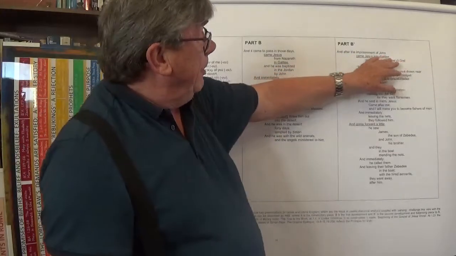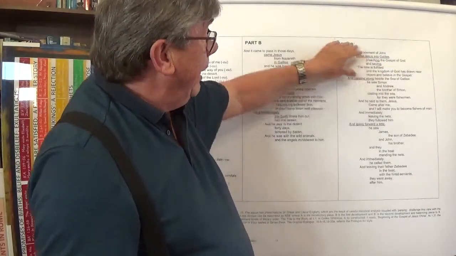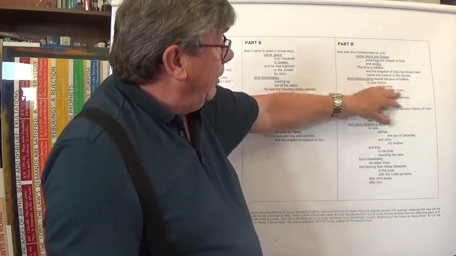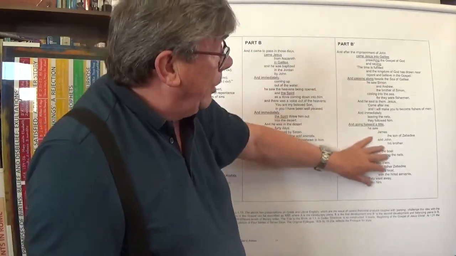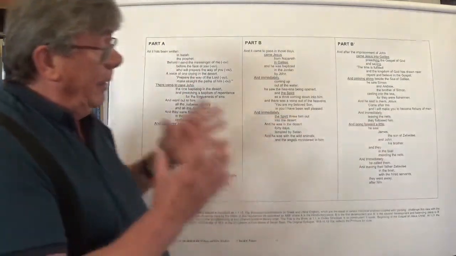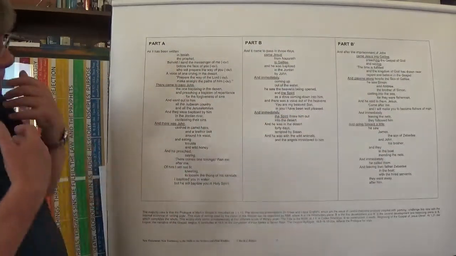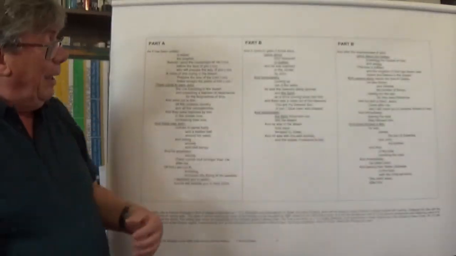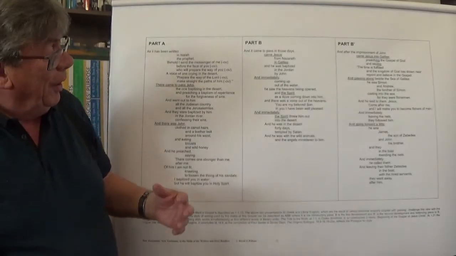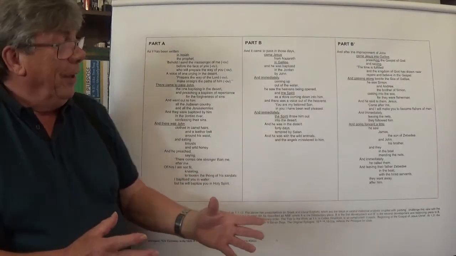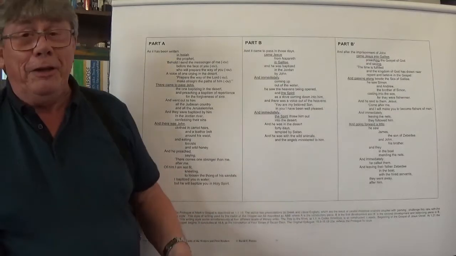And after the imprisonment of John came Jesus into Galilee, and passing along beside it he calls 2, and going forward he calls 2, and there is the whole rhythm of a prologue that well sets us to hear the narrative